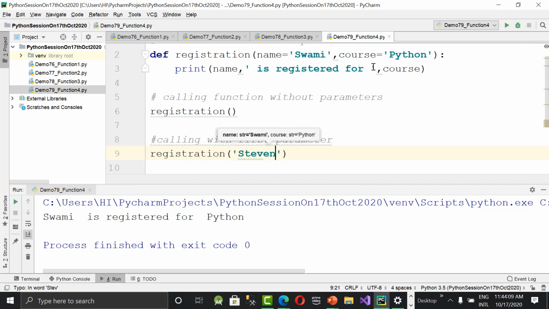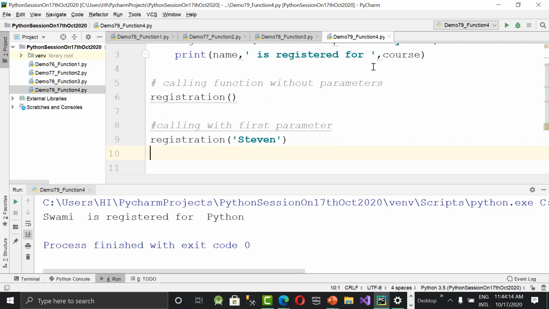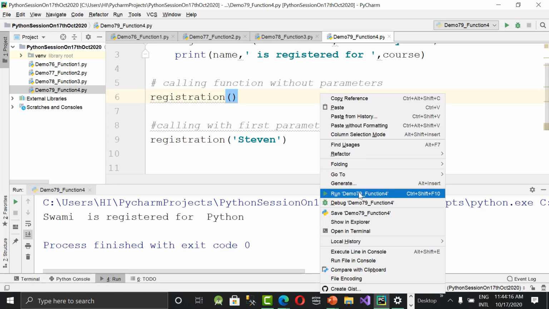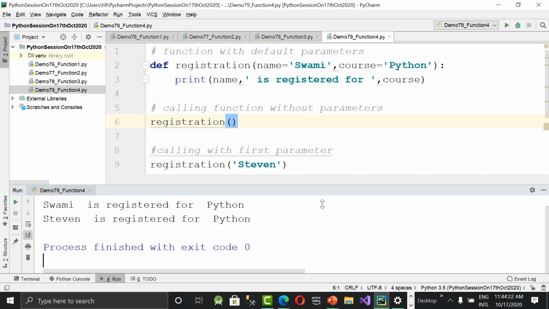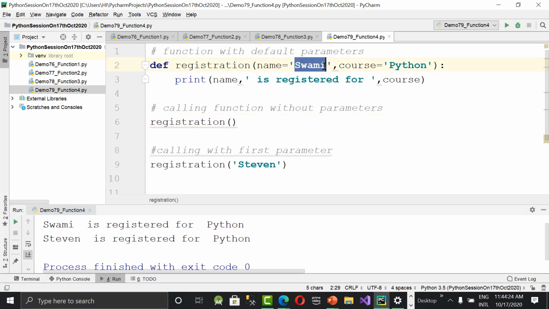Now call it. See the output. Steven is registered for Python. See, name is equal to Swami is already given at the time of defining. But since I passed the first parameter as an argument value, the existing default value is overwritten by Steven, and you got Steven is registered for Python.